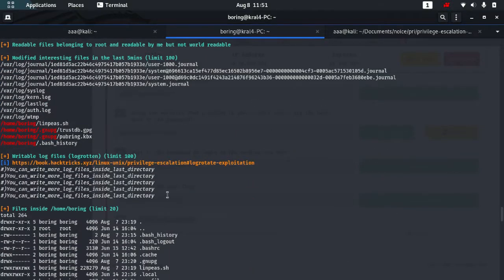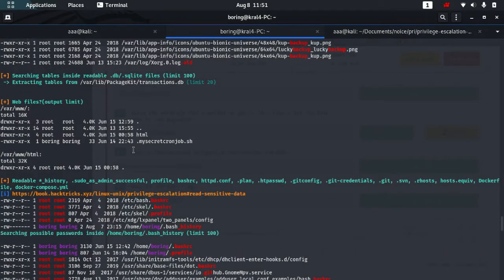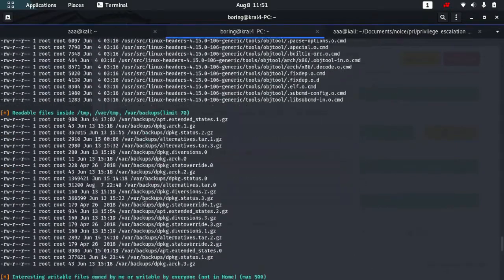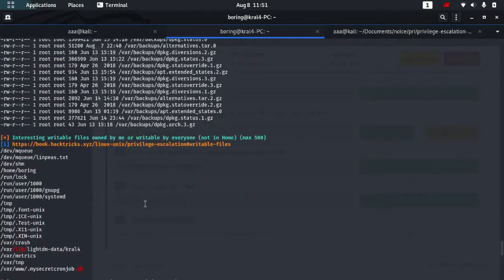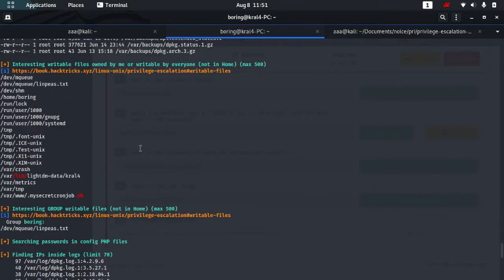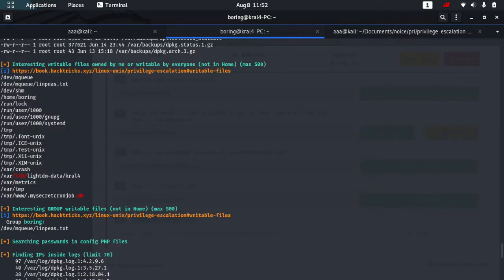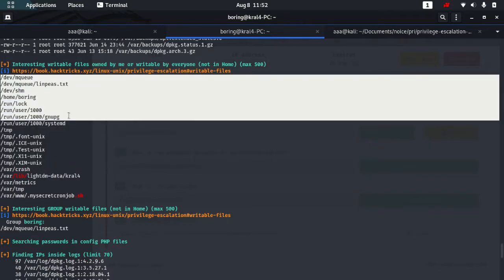You just need to keep looking and find somewhere you can take advantage. You can see that the .sh is red, under interesting writable files by me. That means I can change them. All the temporary places I can write a file, and I can also write a file over here.